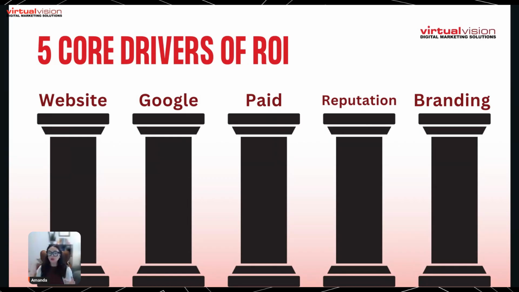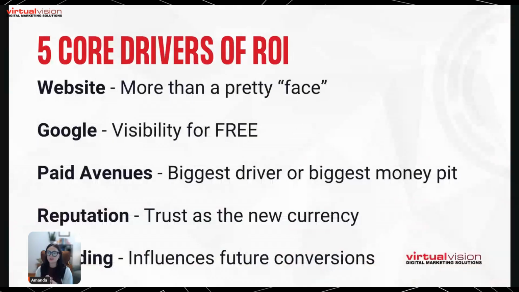And so these pillars, we're going to break them down kind of audit style so that you can see where your company is strong and where you might be losing money. These are the pillars that are holding up your marketing. Again, if even one is weak, the entire system could be underperforming as a result. So we're going to break them each down in some practical steps to understand what they are, as well as how we can actually audit those areas. Let's start by looking at these 5 pillars and understanding first what I'm referring to.